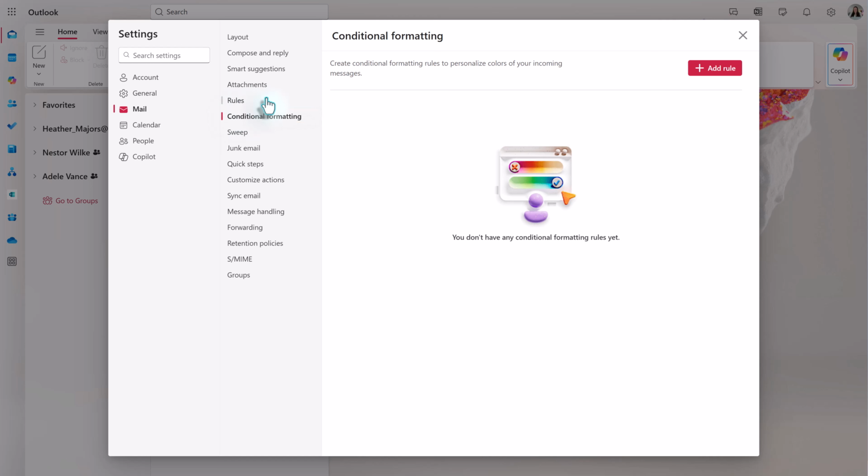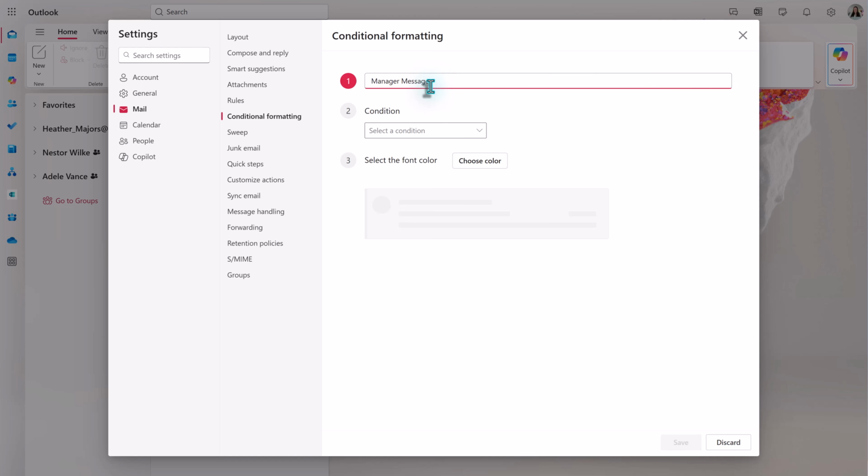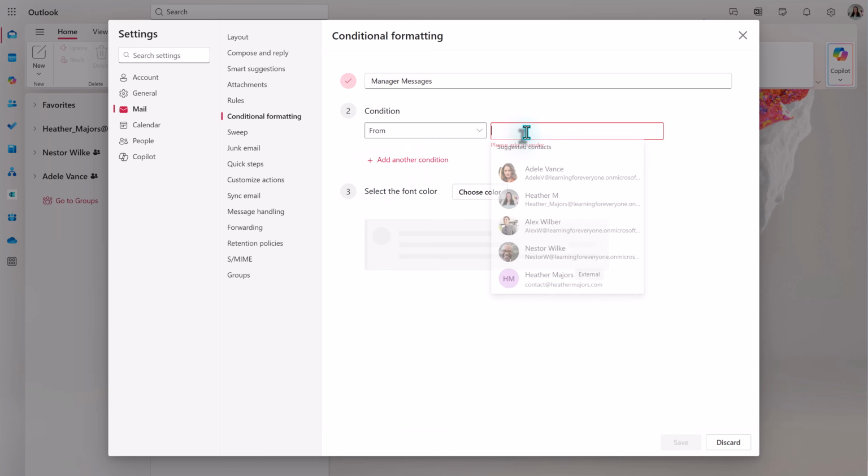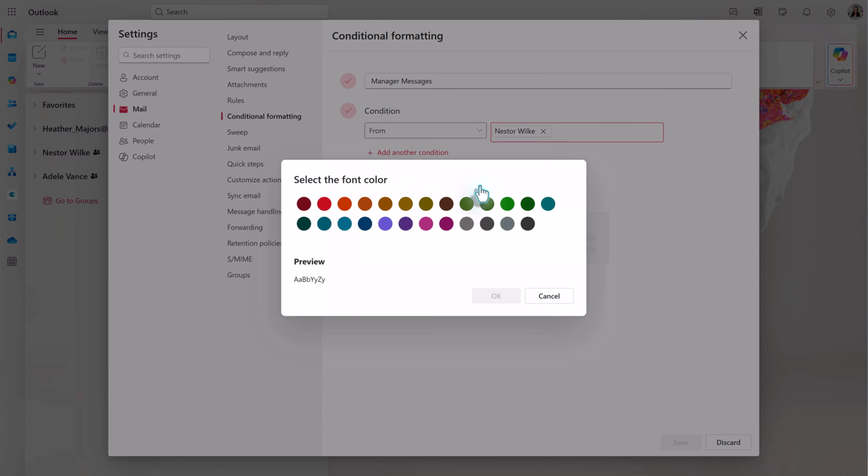This is very much like setting up a rule, except the rule is designed to color code your incoming messages. And you can use this either instead of or in conjunction with tags for your messages. So for example, you can go in and add a rule. I quickly gave the rule a name, and then under the condition dropdown, I'm going to say anytime I get a message from, and then select Nestor, who happens to be my manager, I want the font color to be